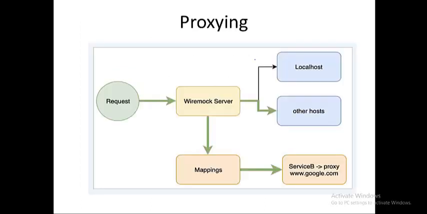Yeah. And now let's also see how the proxying works. I just explained how the proxying supports routing to another URL, so I predominantly rely on this particular service. When I send a request to the WireMock server, WireMock does a check in the mapping. There is a field called proxy base URL, proxy URL pattern. When that particular field is present in the response, whatever value is set to that field, the routing happens there. It's that simple.